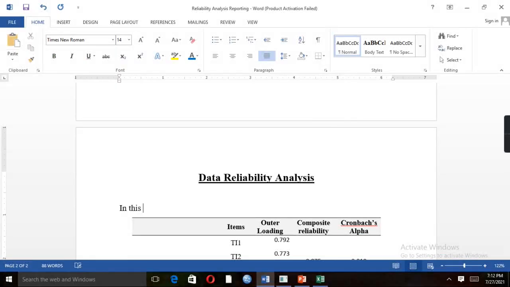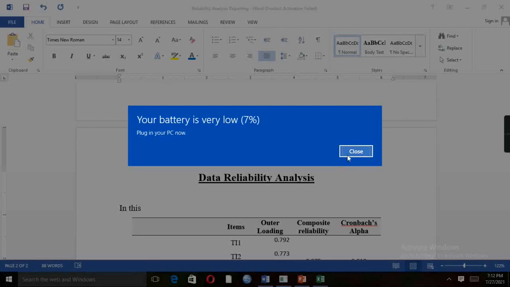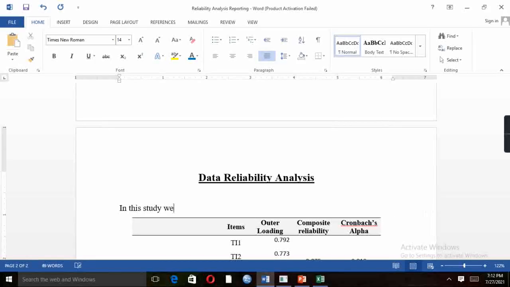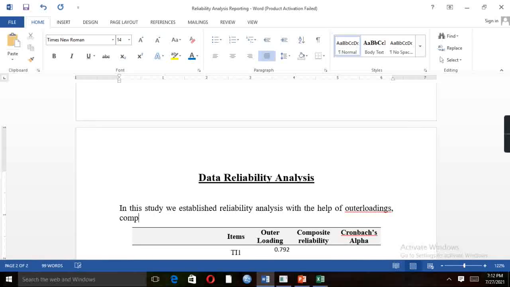So in this study, we established reliability analysis with the help of outer loading, composite reliability, and Cronbach's alpha.